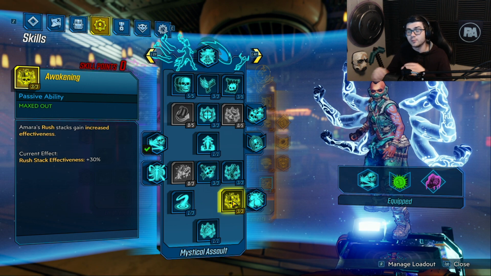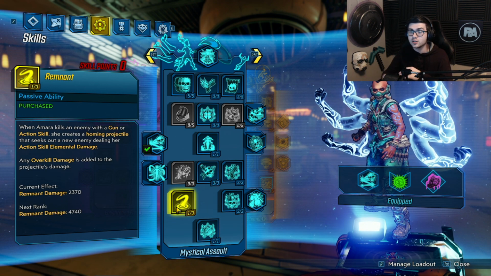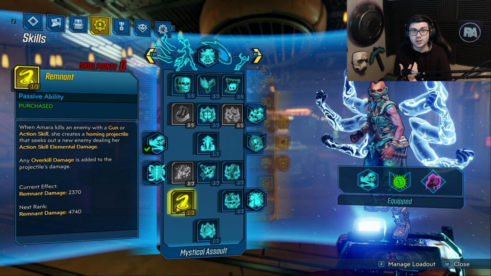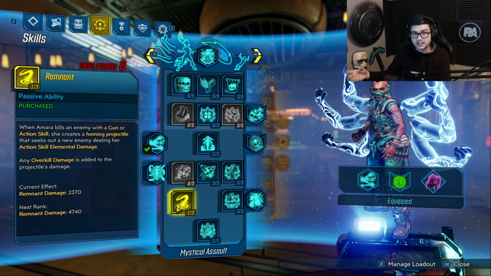Then Awakening is going to buff things like Do Harm and Violent Tapestry to make this build work even better. Then 1 point in Remnant, so whenever you kill an enemy, you're going to spawn an Overkill Orb that is going to go out based on what your axe skill element is. This is also going to be cryo, so in all the midst of what I just said, you also have a Remnant Orb now going out and flying towards enemies to freeze enemies or just insta-kill them based on how